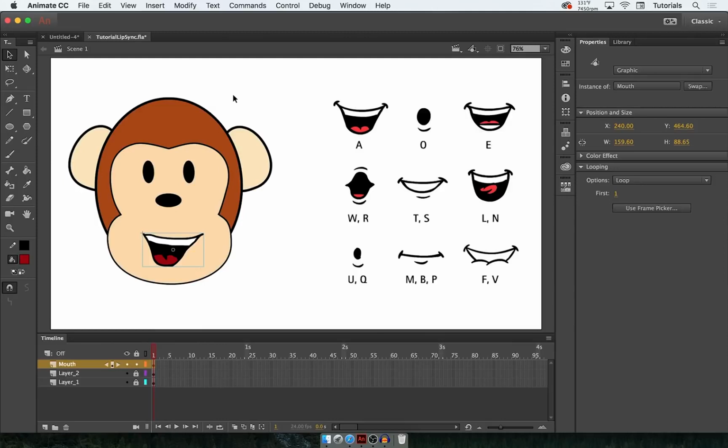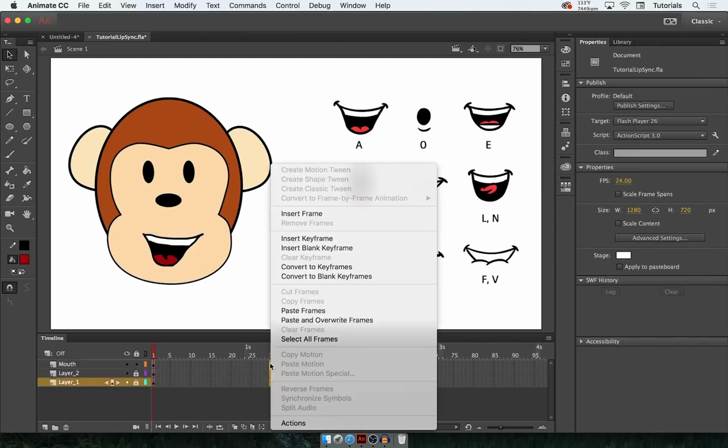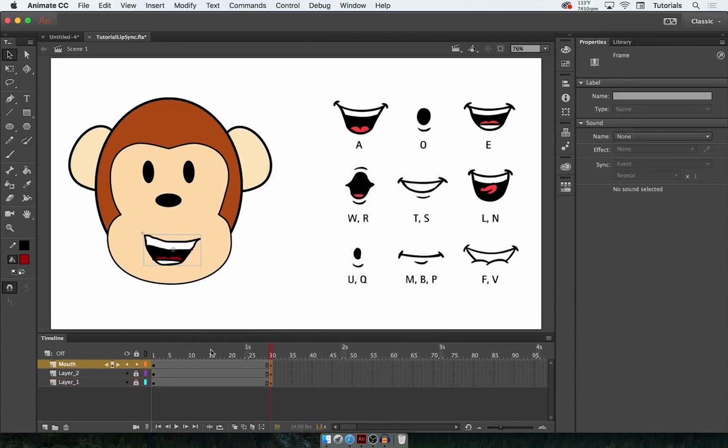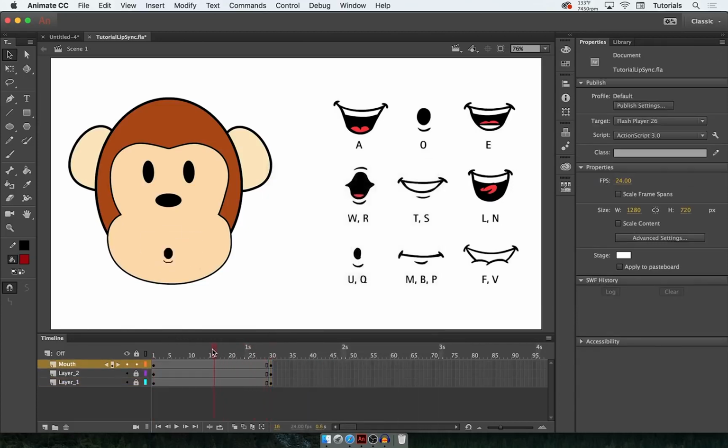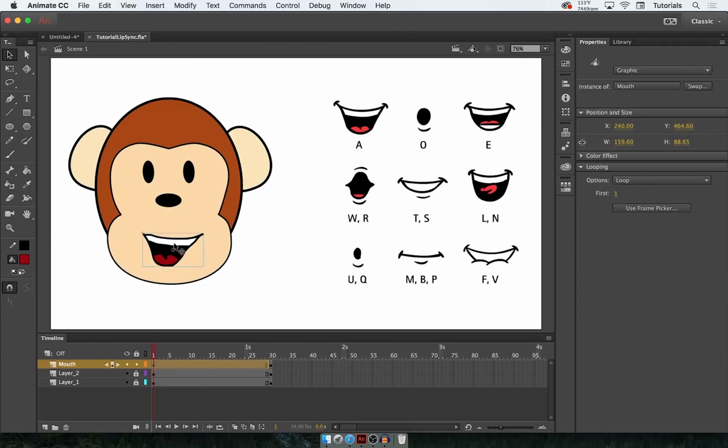Alright, so I've completely finished all the mouths. It's only 9 frames for this specific chart, so it wasn't too bad, but if you have a more complicated chart with more mouth pictures, then it might take a little bit longer for you. But you'll see now that as I scroll through these, it's actually just looping through all of those frames over and over again. So we don't want that, but first what we're going to do is click the mouth symbol